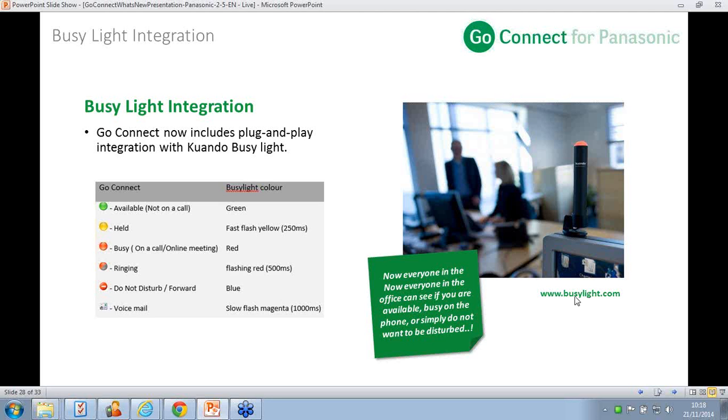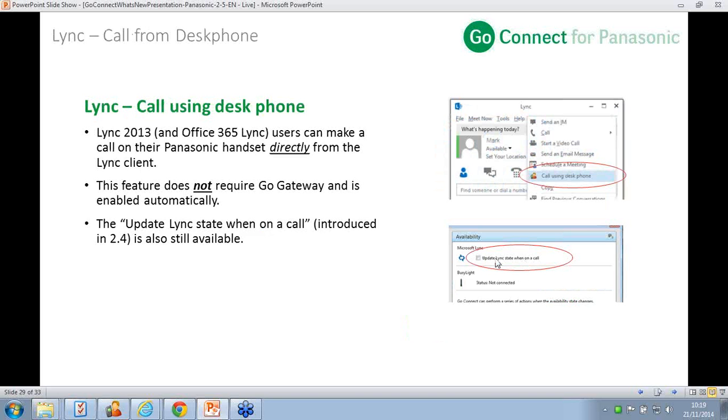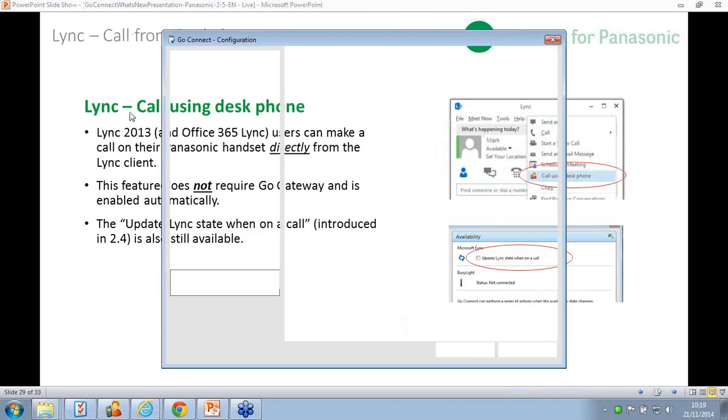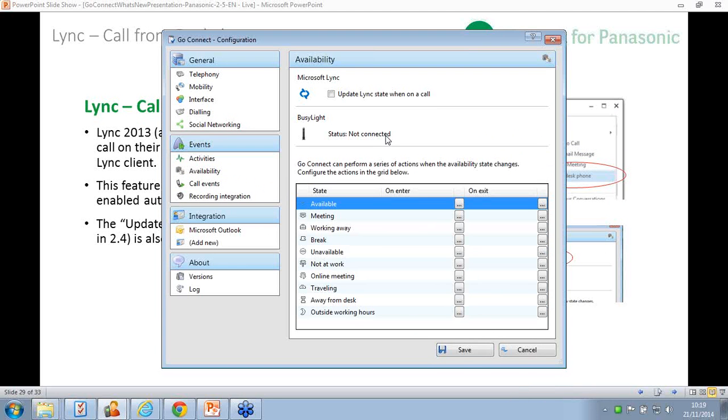Essentially, it's a little light that shows your current status, and the integration we've got with Busy Light, other than obviously driving the device, is that these availability statuses on GoConnect are reflected by these colours on the Busy Light system. All pretty straightforward. That's actually configured on the availability section on the configurator. On the availability page, it's not actually configured, it's kind of a plug and play thing, so it kind of works as is, but you can see the status there would be displayed if you had Busy Light